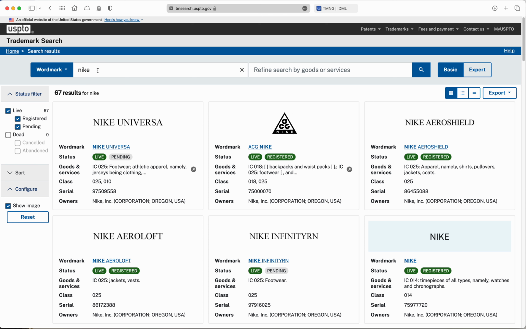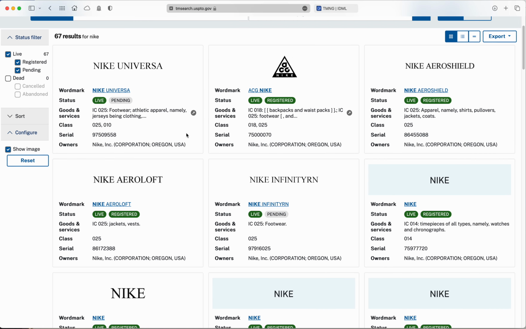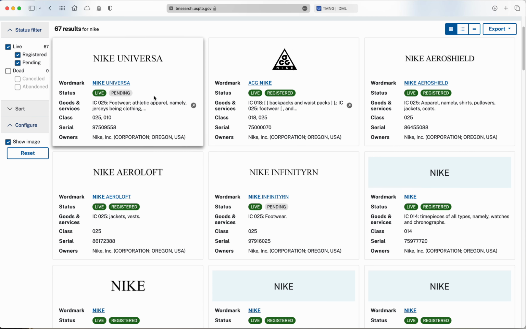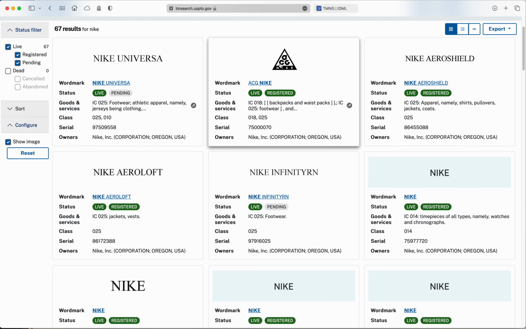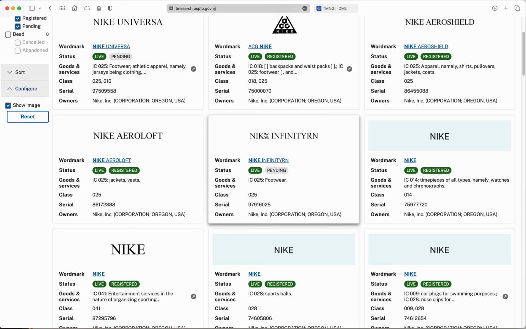So again, I searched for Nike just for the word mark and we have 67 live registrations. Nike has a lot of dead registrations because of old terms that they may have used or logos that they use and then abandoned or many different reasons. And so what you can see as we scroll down is that we have a mix of words and pictures. The pictures indicate that this is a logo that the applicant has registered. And very often the words are indicating that this is just a word mark that the person registered,